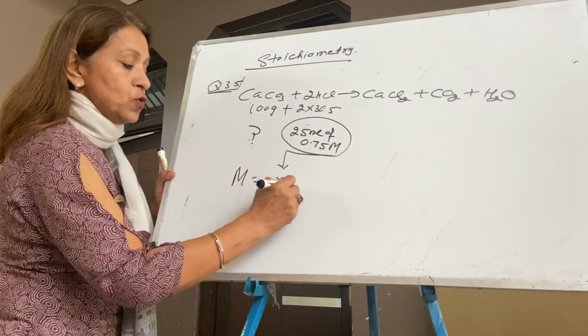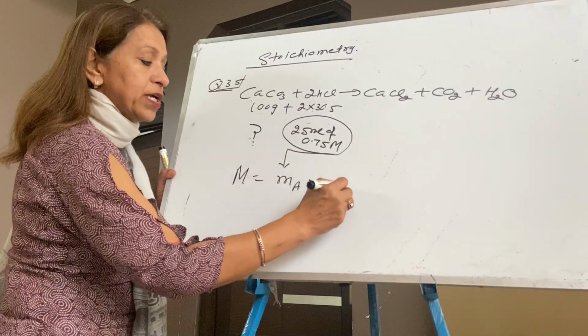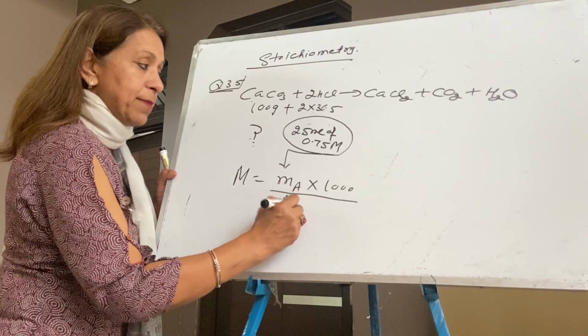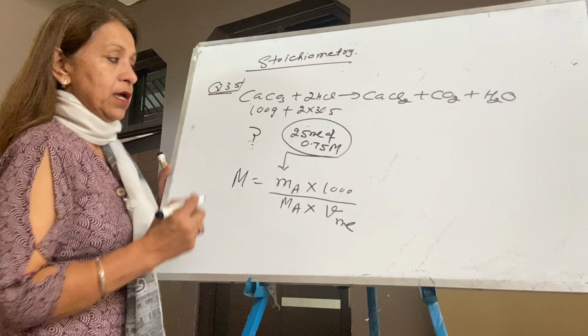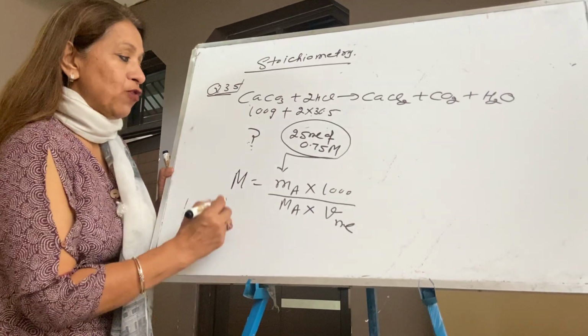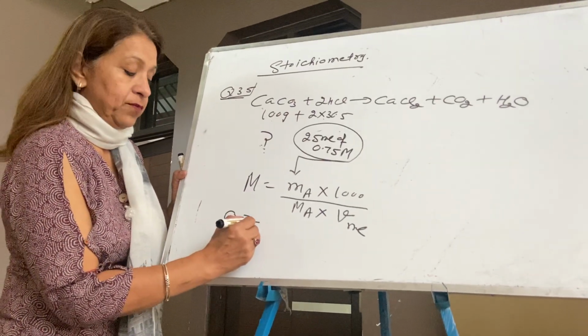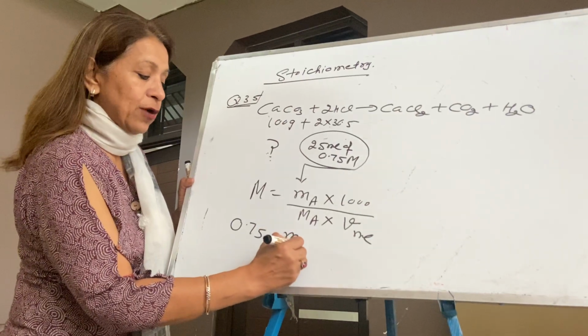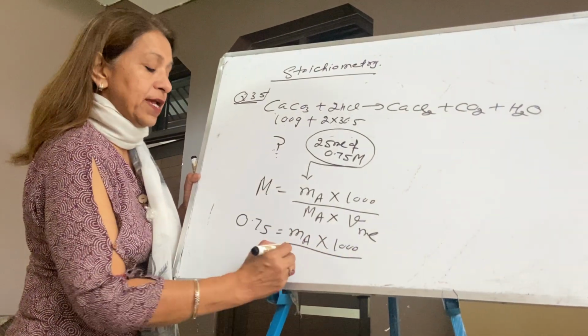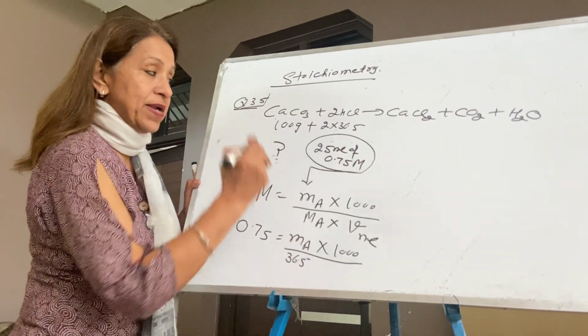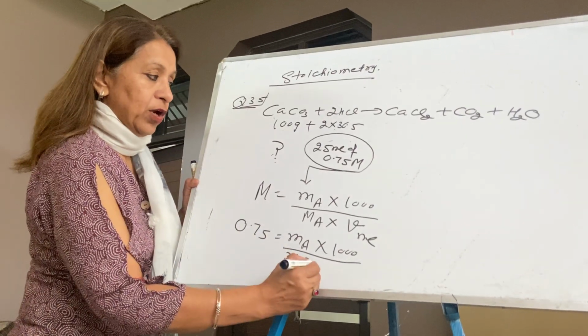Molarity is equal to small m into 1000 by capital M into volume of solution in milliliter. Now calculate the mass of solute: molarity is 0.75, mass of solute into 1000 by capital M of HCl, which is 36.5 (1 plus 35.5), and volume is